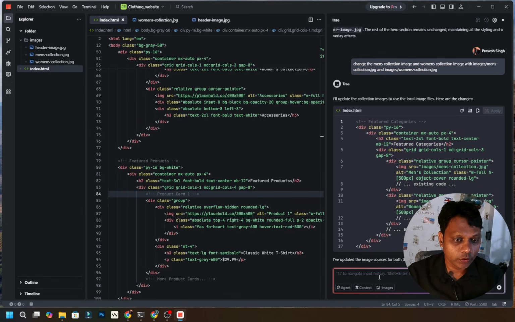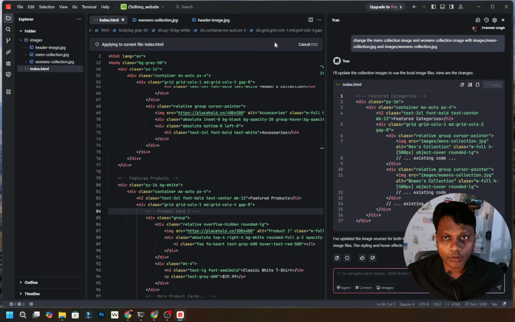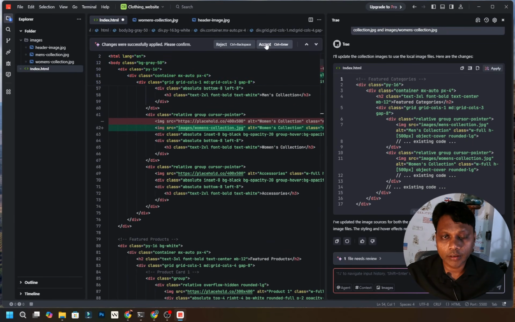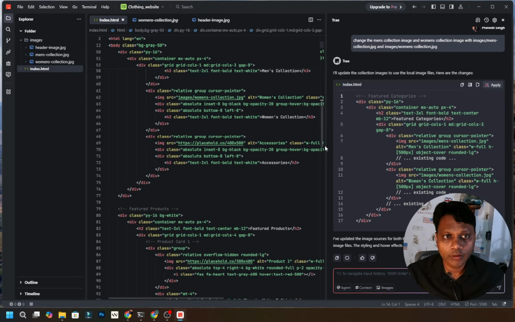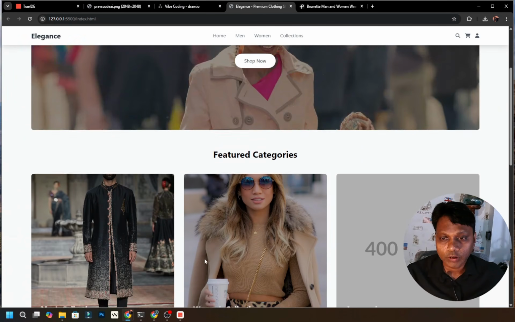So now it is doing the change from here, and we'll click on apply, and it says it is applying the current change, and then we say accept. Once you accept this, let's open it. Let's see how it has come. Now see,